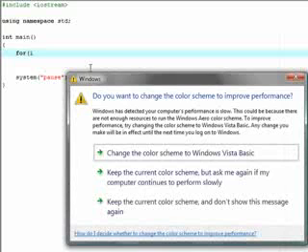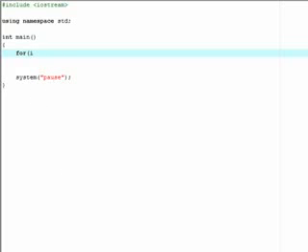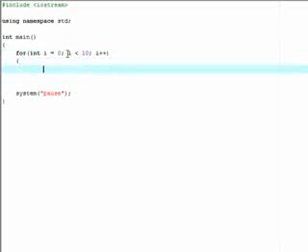So daggone it. I don't know why it does that. I think it's trying to make my computer run better. Yeah. Okay. For int i equals 0, i is less than 10, i plus plus, I want to,